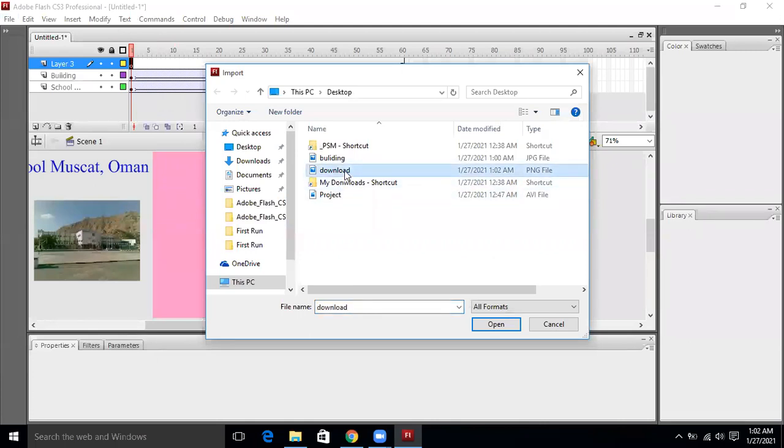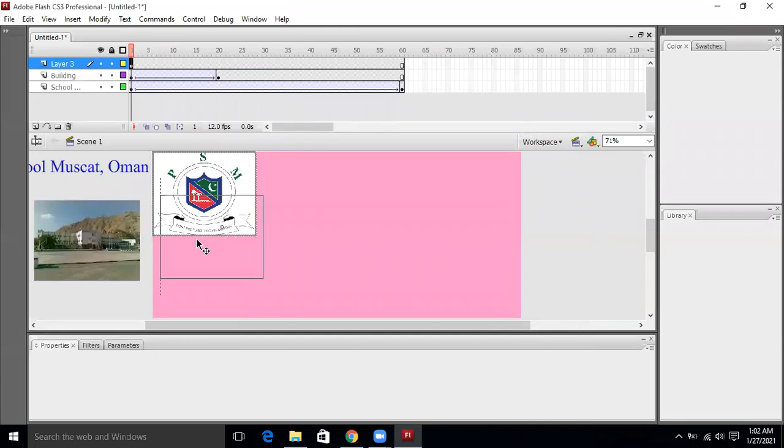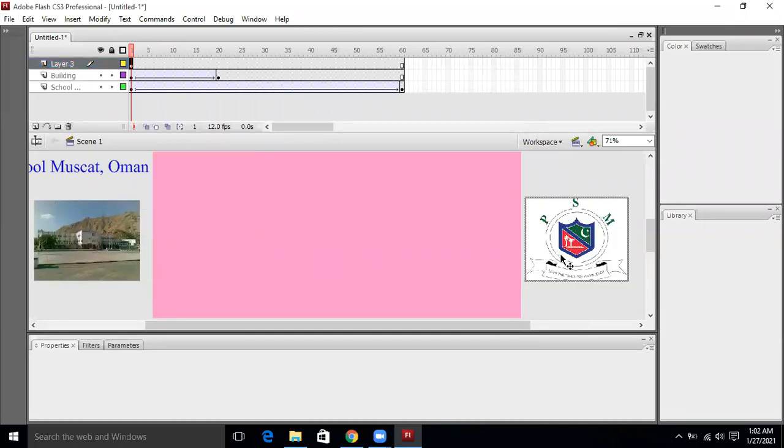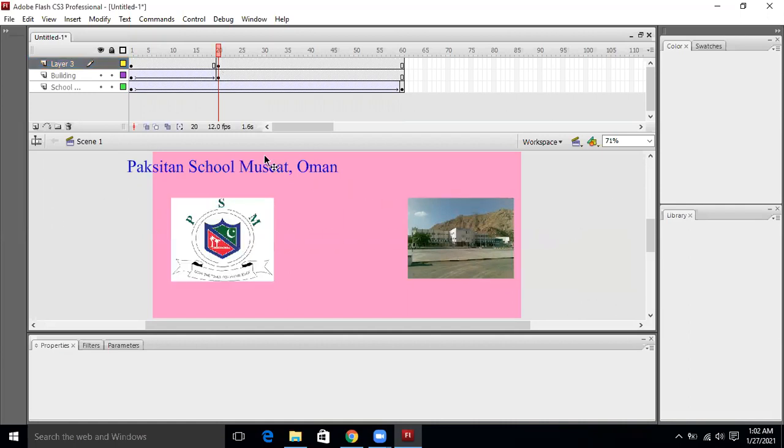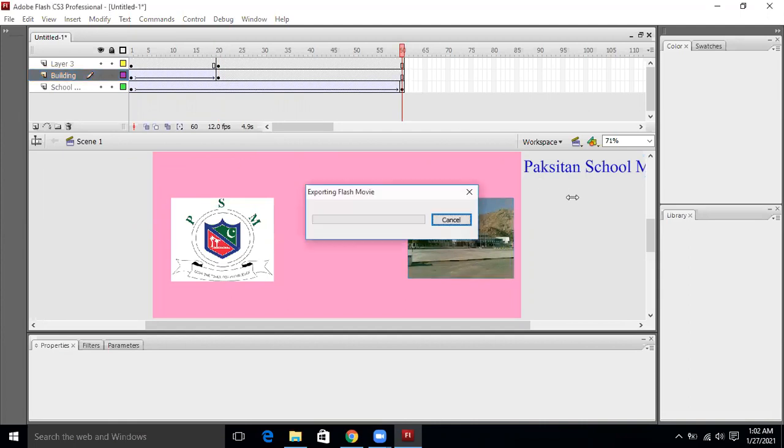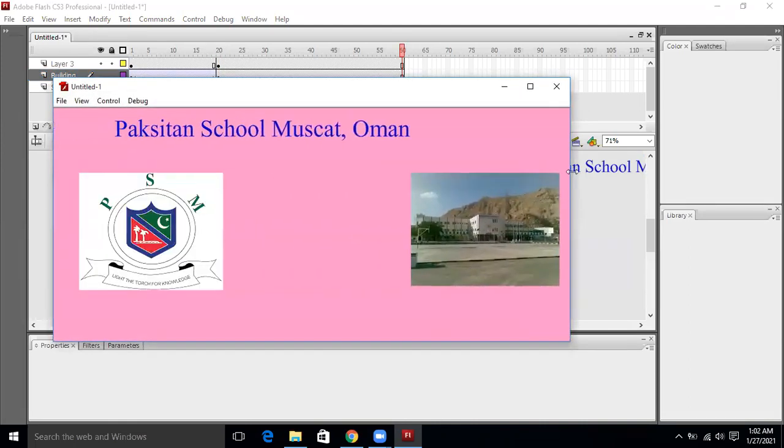Here is the logo I have inserted over here. I want to bring the logo, let's suppose, from right to left. So I will click over here. At this time it is on the left. I will click on frame number 20, press F6, and bring it to the right side. Fine, and it will stay here. I have created animation up to frame number 20, and after frame number 20 it will be static. So now what happens? It is coming from here.